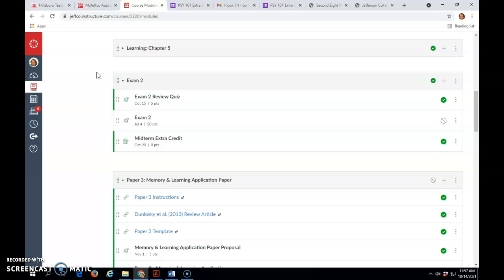Go to exam 2, and my exam's not loaded yet because I have that tomorrow, but now I see I'm going to unpublish that until after students have completed the exam, but now I see the midterm extra credit is in there. You need to adjust the due date, so I'll have it set so that it's available for 1 week after the exam. And that should take care of it. If there's any questions or issues,